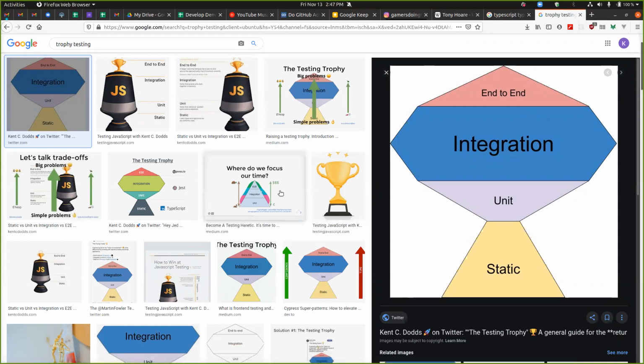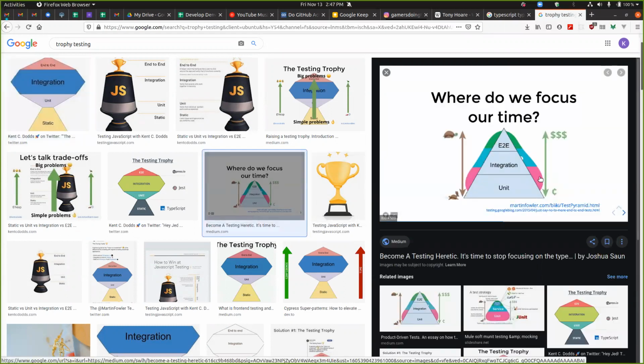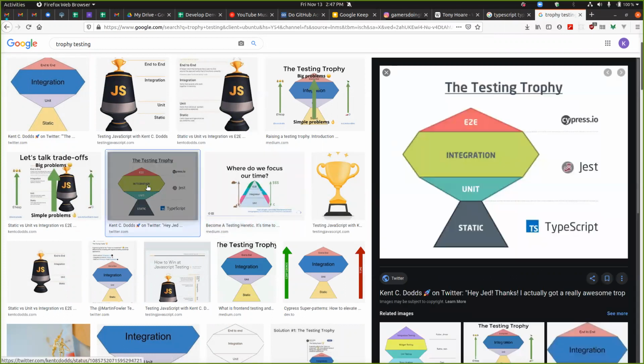And the traditional testing pyramid looks like this. If you went to my TDD thing, you saw me talk about this. That these are slower, they're more expensive, these are cheaper, they run faster. And so this has been the traditional testing pyramid for 30 years. Trophy testing says, we should probably do more end-to-end tests than that. We probably don't need nearly as many unit tests as integration tests. And static typing takes care of so much of our testing problems that it actually kind of belongs in this conversation.